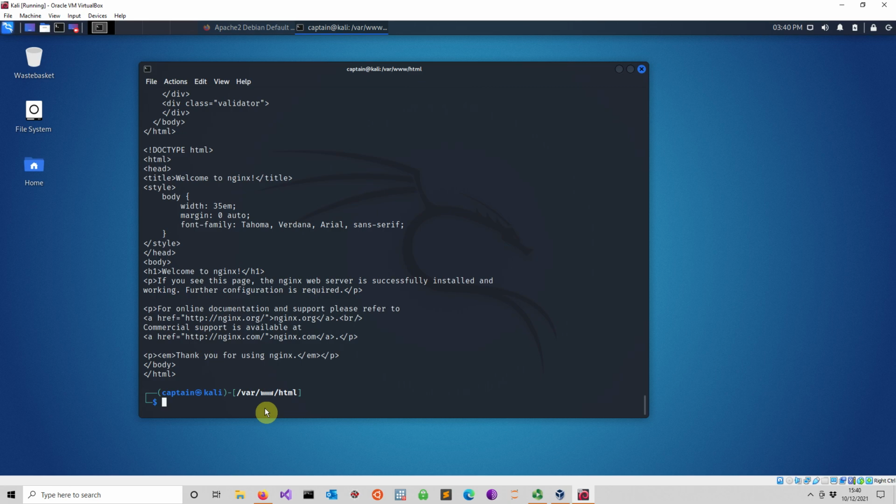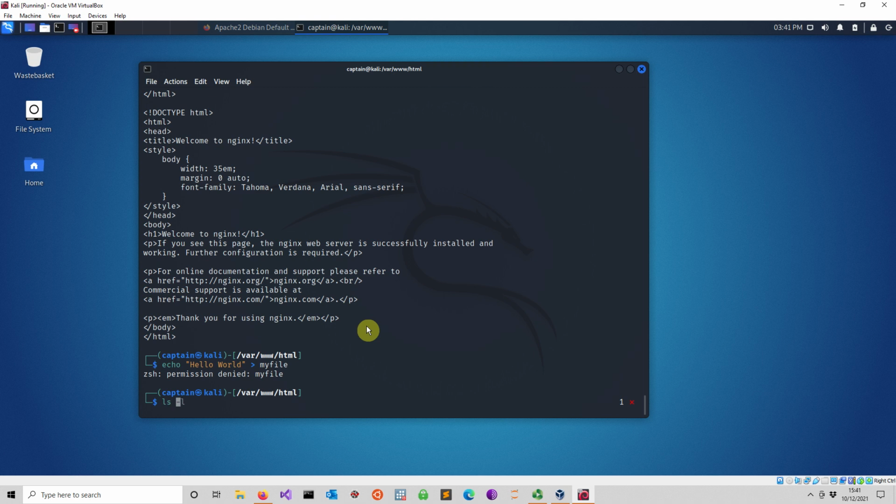Now what I want to do is something very, very simple. I just use the echo command. Echo is basically like a print function in Python. I just put in hello world in here. Why not? And then I use redirection, if you remember, to move it to a file, and I just call this my file. As you wish. So that should do it. And if you now do ls -l,